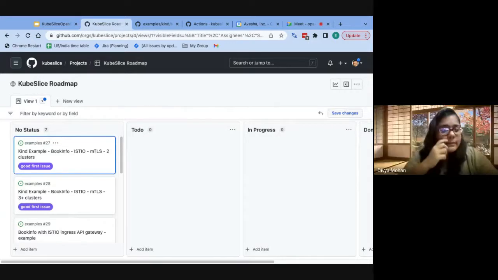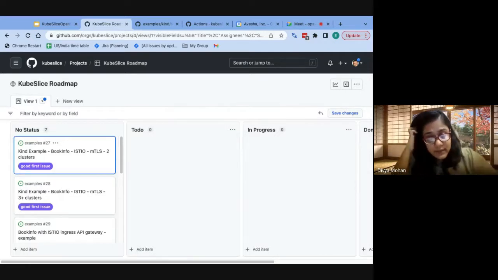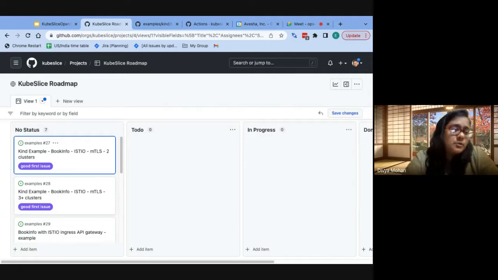Yeah, that makes sense. So the first thing that I think would be for everyone to go check out the board and see if they're comfortable doing any of the issues or picking up any of them based on their skill set. Then we can go ahead and start working on them via PRs. And of course, everyone here is willing to help. So it's just a matter of asking.